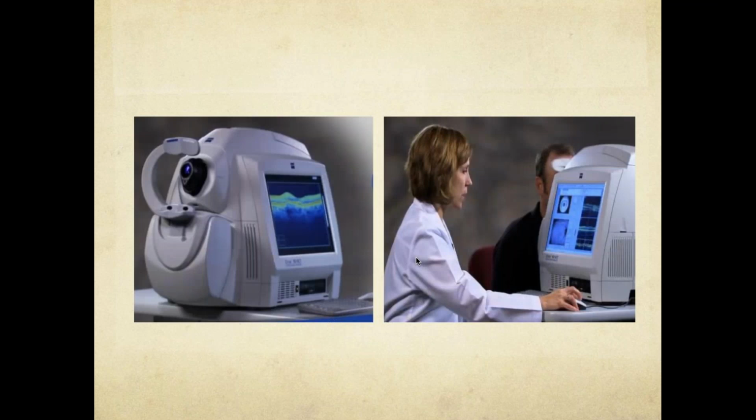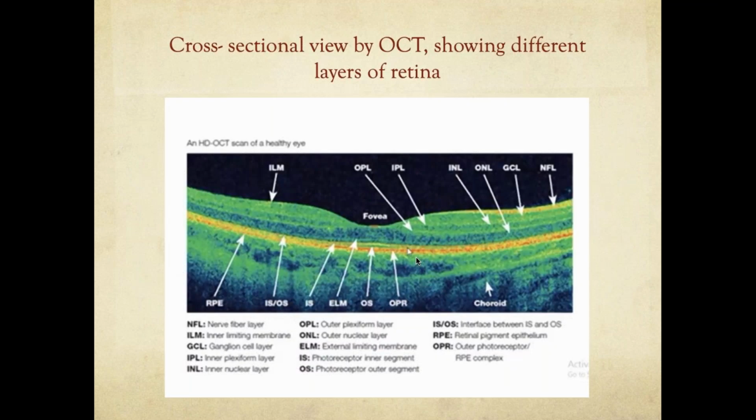This is, I think, the classical Zeiss model. Then you have the Topcon, the Heidelberg. So this is a cross-sectional view of the OCT showing different layers of the retina. Again, it's the same thing, but again, what happens is while you are drawing your retina as a histological segment,